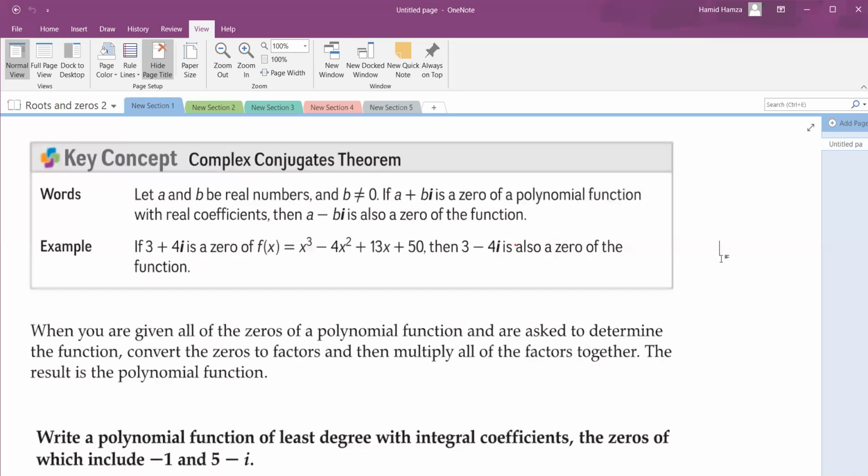We have a theorem. Okay, guys. So you know that the equation has roots as many as its degree, and we talked about this in